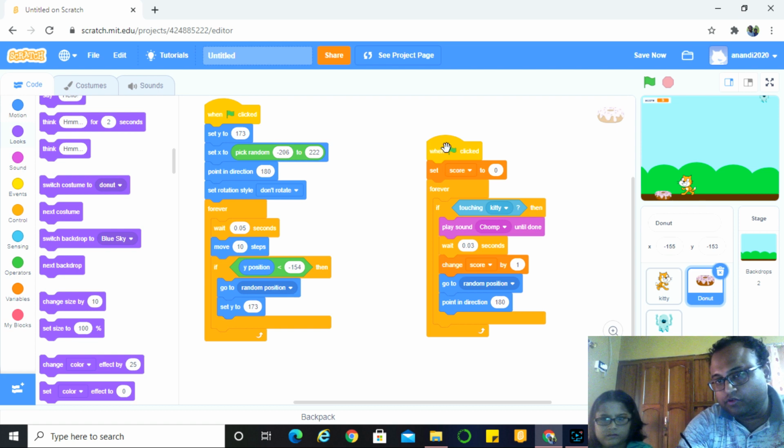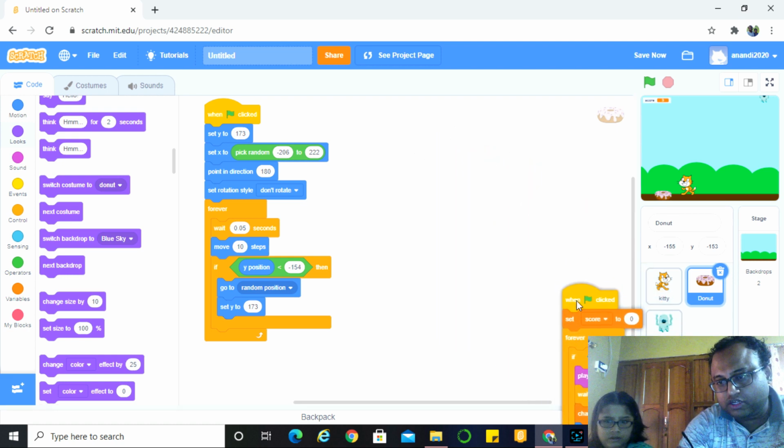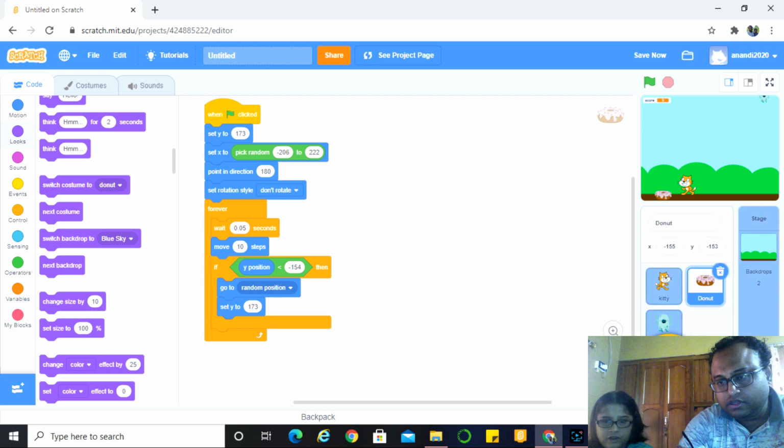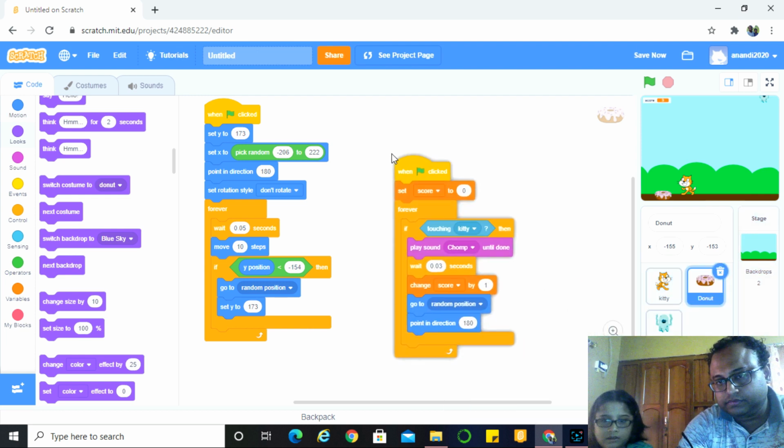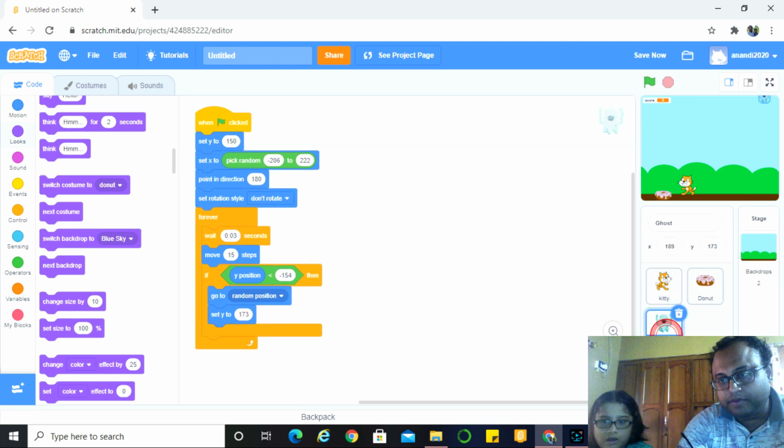What we'll do, we'll click here, and don't release the mouse, drag it to the ghost. When the ghost shakes, you will release the mouse. Is it copied?